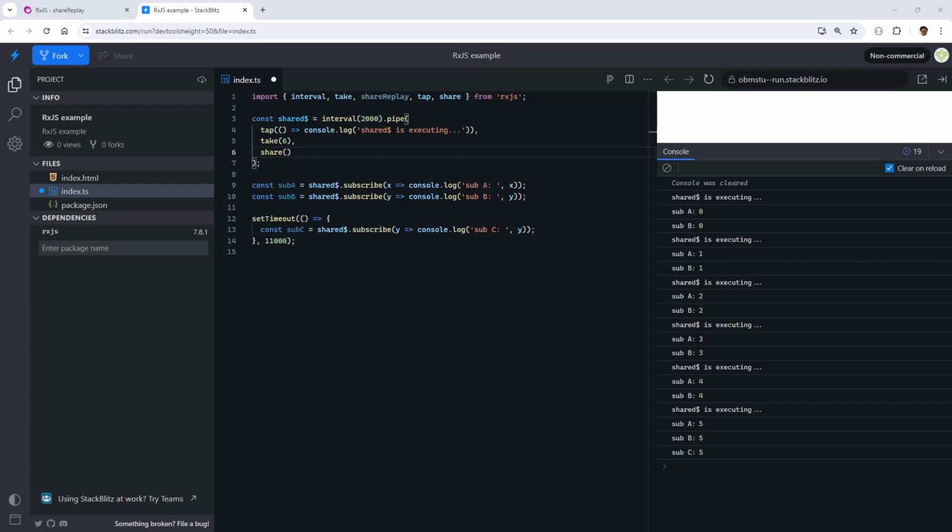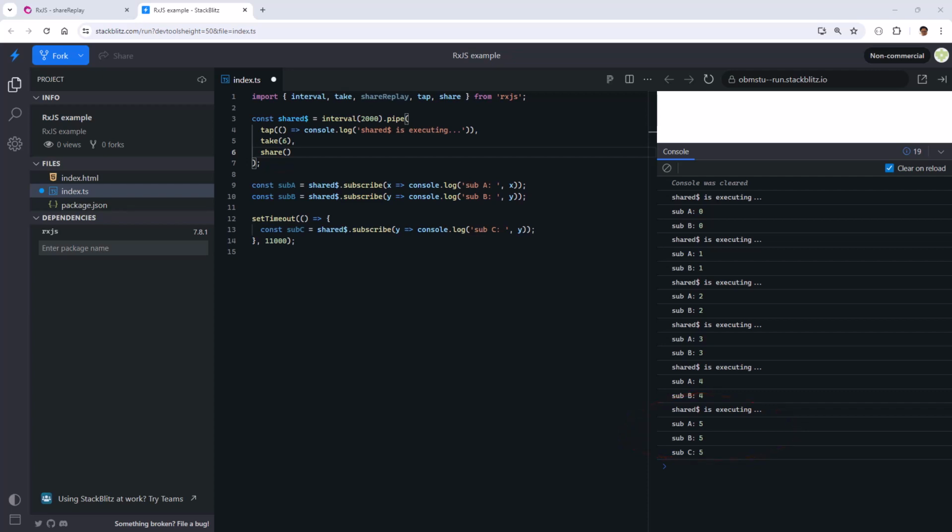We see only one logging of the shared observable is executing line. We see that being shared first by sub A and sub B. And when sub C subscribes 11 seconds after the execution of the observable begins, then it too shares the pipeline